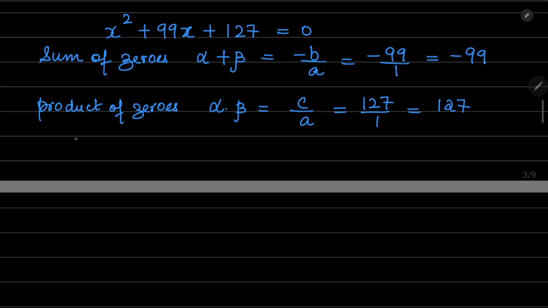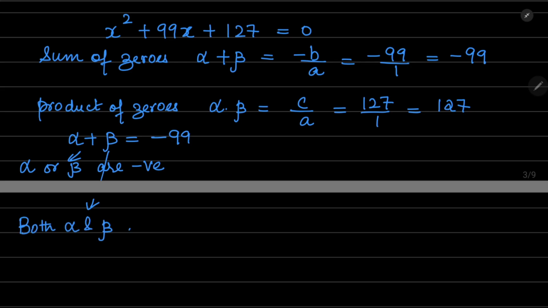If alpha plus beta is minus 99, you can have two scenarios. Either alpha or beta is negative, this is one scenario possible. Or, if the sum has to be negative, then I can say both